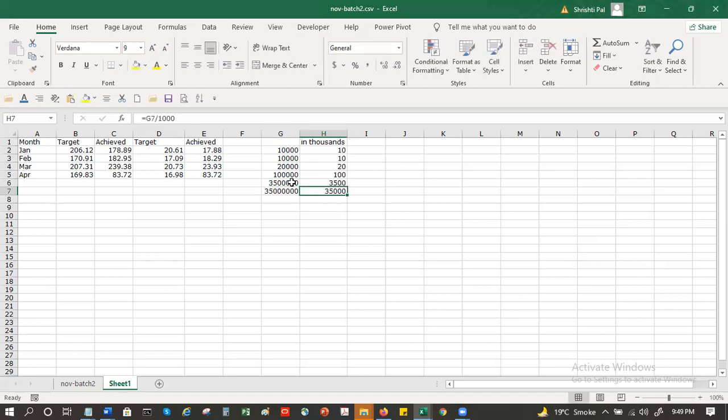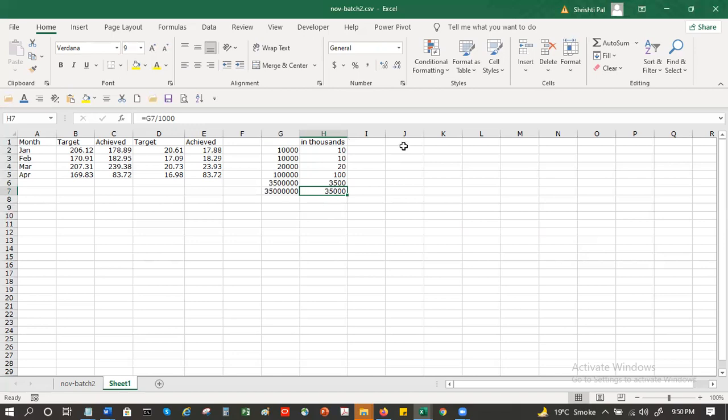Another zero I'm adding. I divide it by 1,000. So this one is in thousands. You agree with that? Yes.